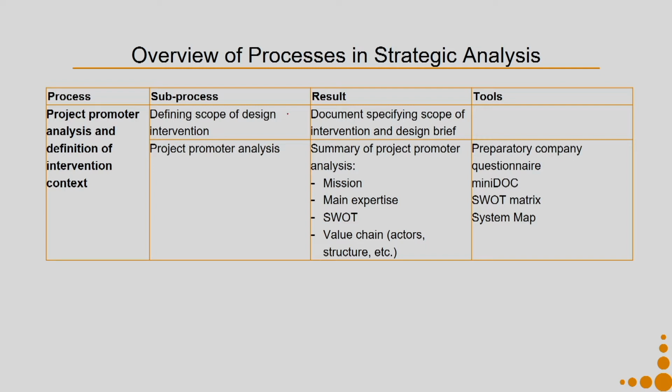Why do we try to do this? Most of the time the initial design brief will come from this main stakeholder. So, either Fresh can give me a design brief, or the NGO or the municipality can come up with a design brief. Then I will try to understand what is the scope of the intervention. Fresh will say, okay, I am a company in the domestic segment, people know me in the domestic segment. So, with my new solution I want to enter into the same category, the domestic drinking water supply.